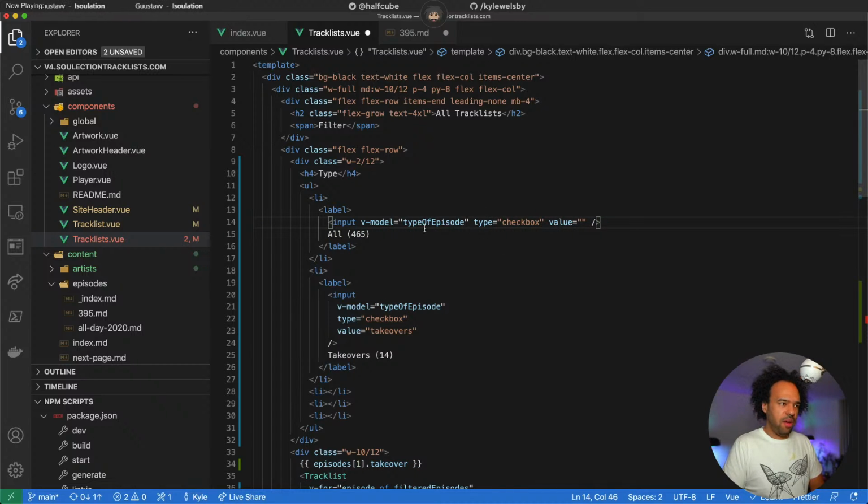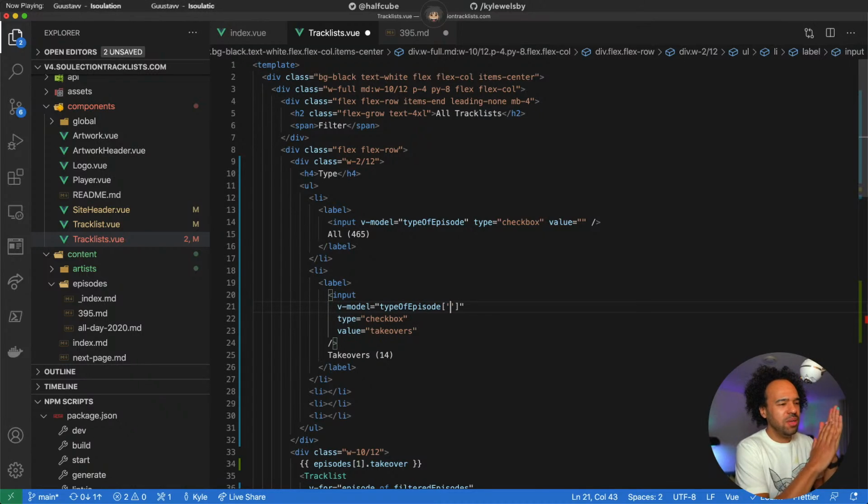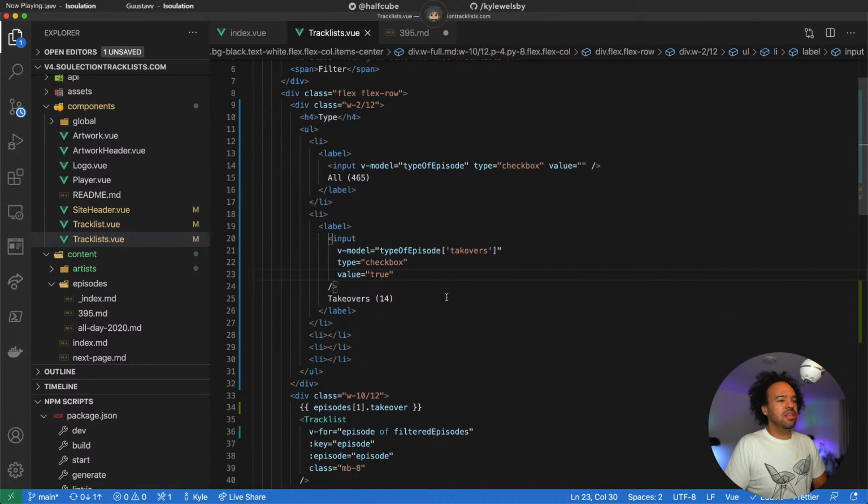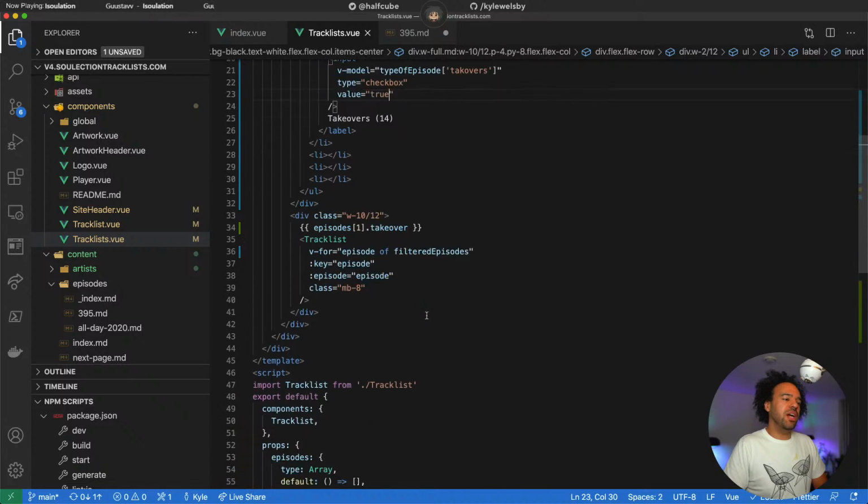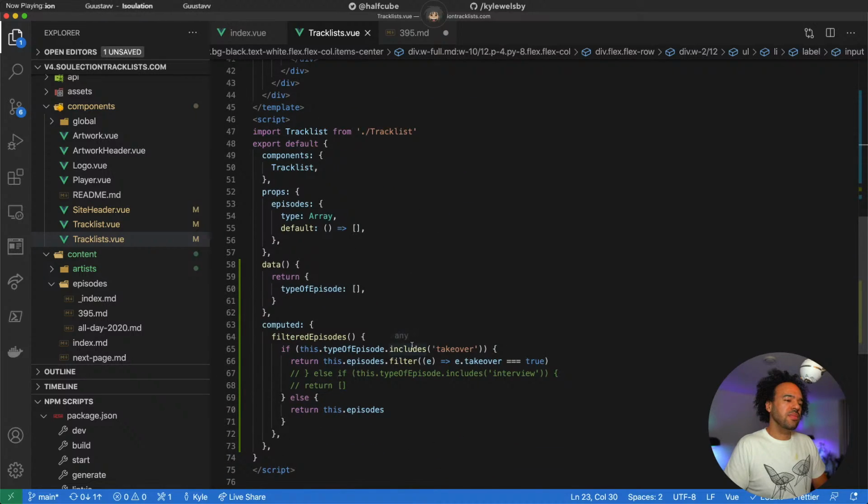I'll have to put in verification and validation because you can't have all in type episode like this. But how do you do the array? Part of me is wanting to go takeovers and then set that as true. But that's an object. And that equally works.